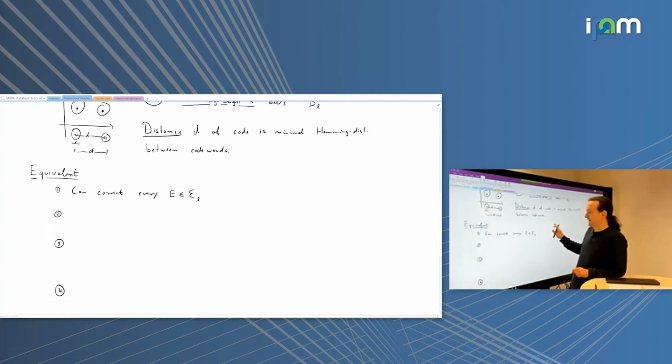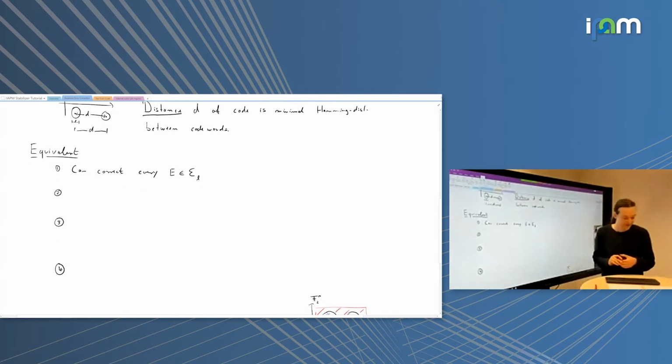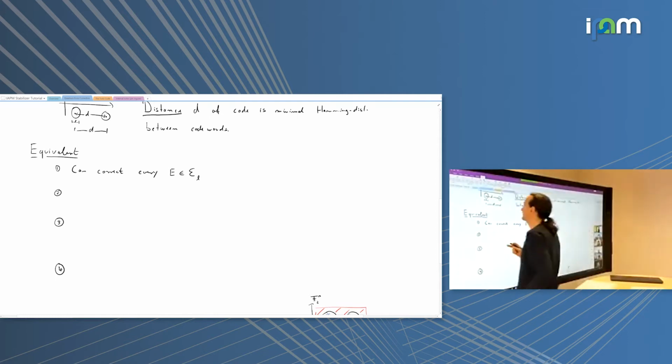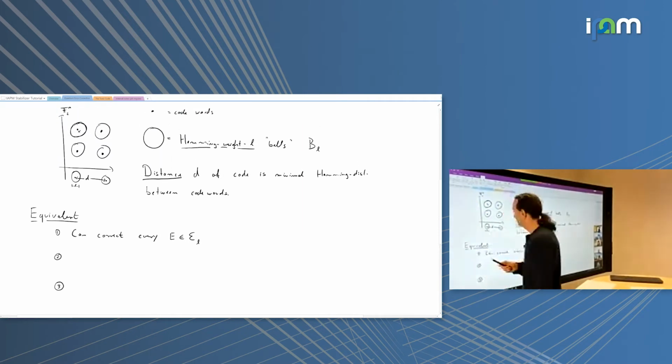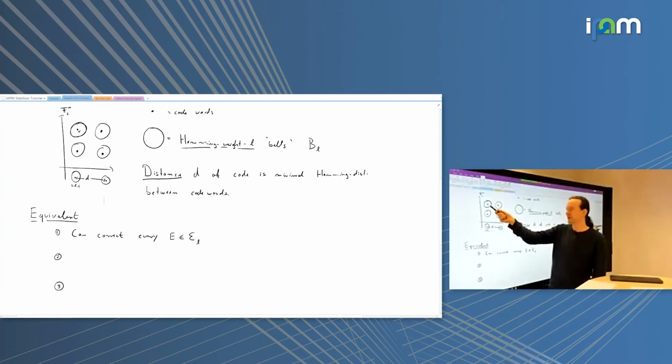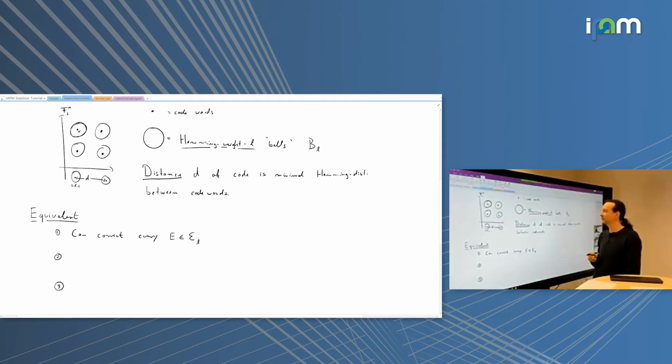There are, in fact, a number of equivalent ways of stating it. Some are more complicated than others, and I have to introduce some of the more complicated ones because the quantum version is a straightforward generalization of the more complicated characterization. But first, the easy way, maybe I can ask you. So we send one valid code word through the channel and then it gets corrupted up to L bits. So I stay within this Hamming weight ball of size L. And so now what is the condition on the distance so that I can uniquely decode?